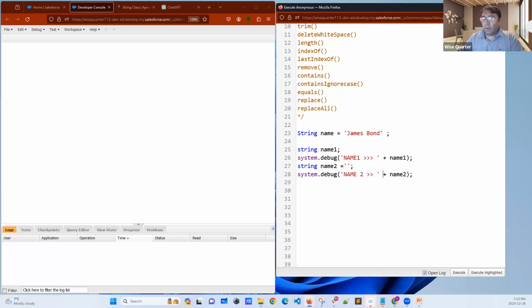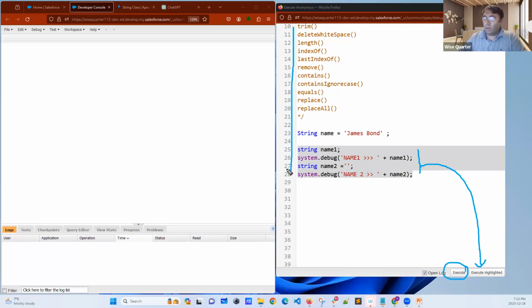Okay, now we will understand the difference. See, I didn't assign anything. I assigned blank. There is something here. Now let's run the code. You remember from yesterday, I think. When you select, you can say, please execute just the highlighted part, not all. If you click execute, all the code will be executed. But now I just want this snippet to run, so I will go with execute highlighted. When I click here,